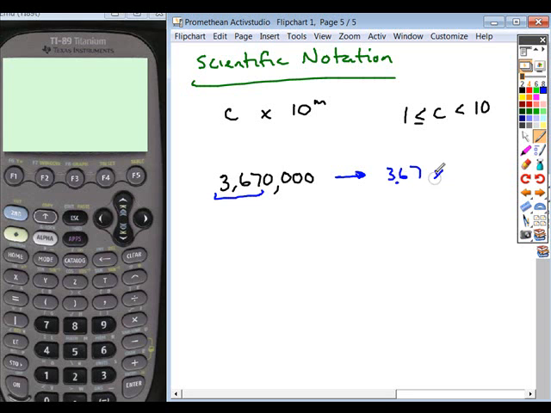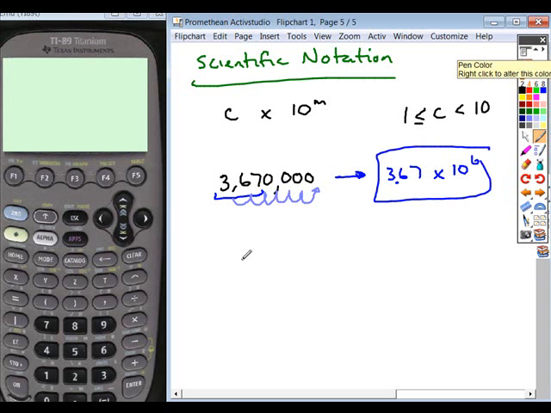And then what you need to do is take it times 10 to the power of, and you just need to count how many decimal places you move over to get the actual number if you begin after this first digit. So we move 1, 2, 3, 4, 5, 6 decimal places to the right. To the right is a positive value. So we get our number to be 3.67 times 10 to the 6th. If we were taking an extremely small number,